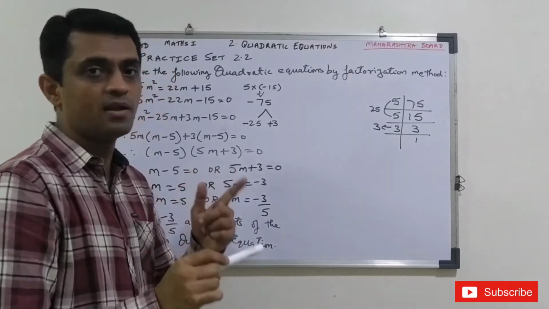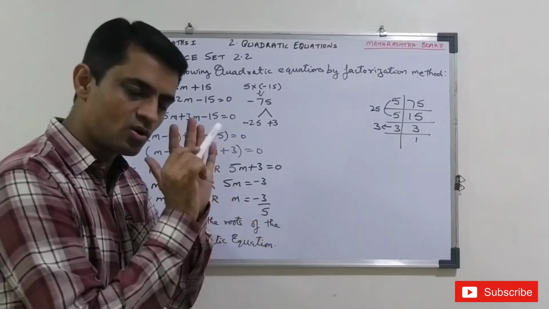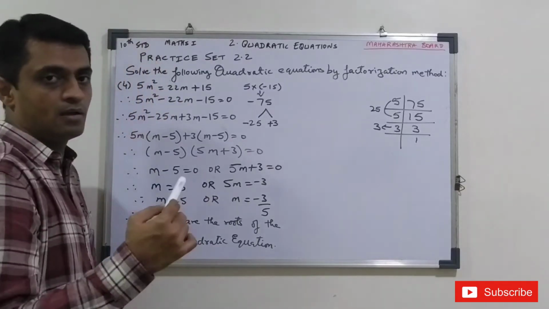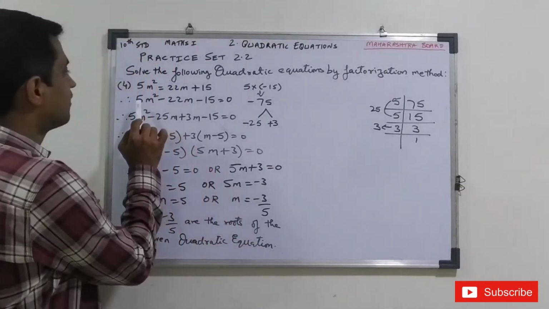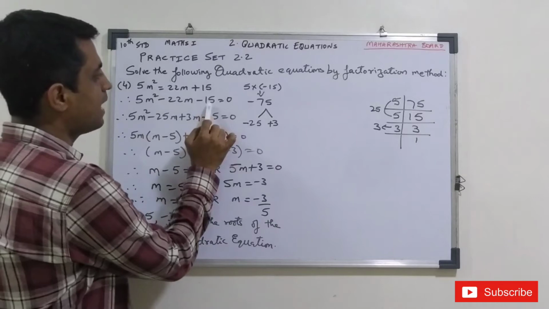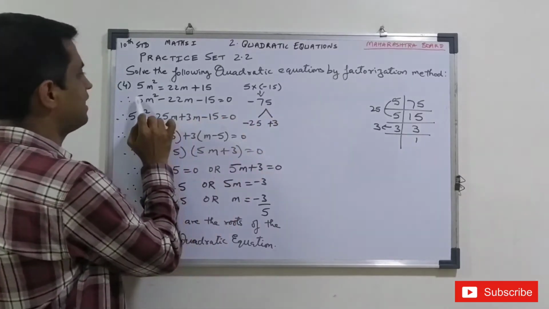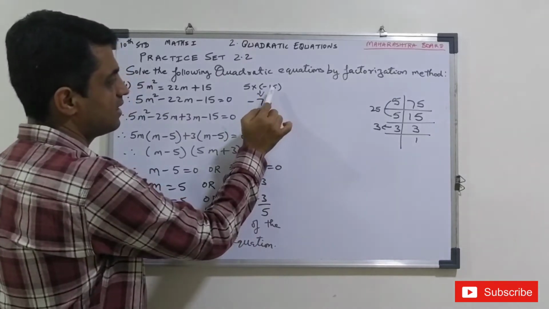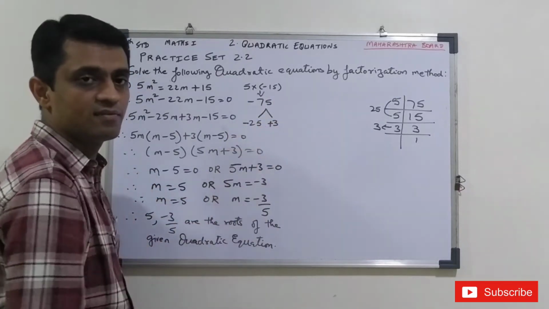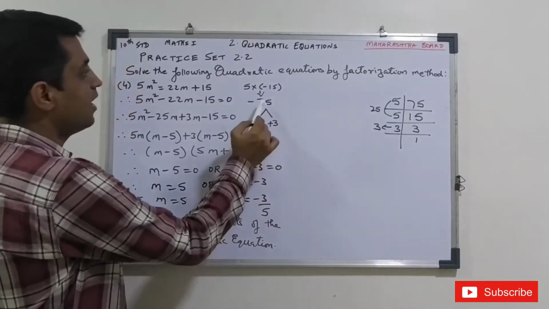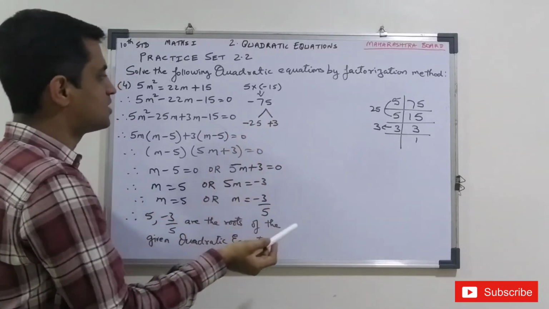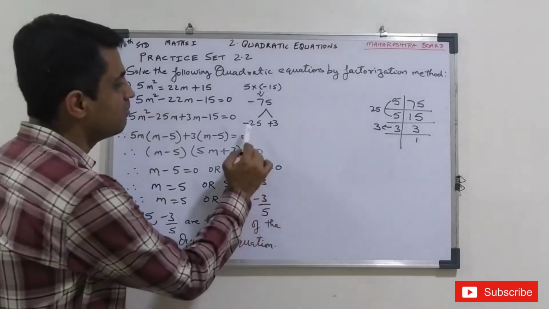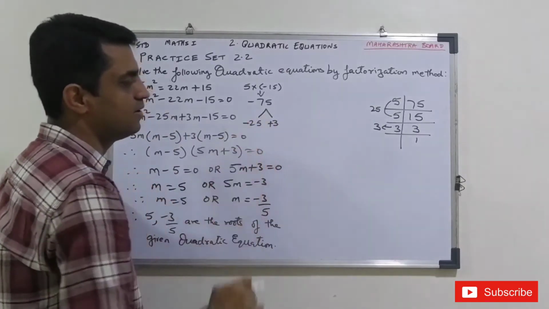So first step, bring it into the standard form. Earlier sum was already in the standard form, so there was no need. Now, as we discussed earlier, 5 into minus 15, the extreme part multiplication. So 5 into minus 15 will give you minus 75. Now we have to split minus 75 in such a way that we get minus 22 when we add, and when we multiply, we should get minus 75.